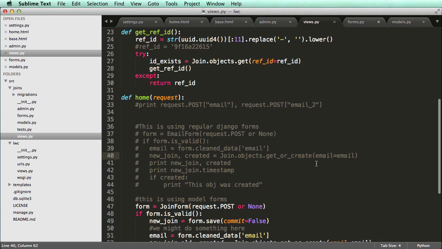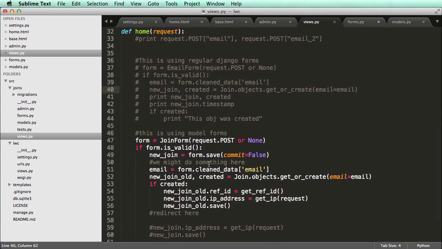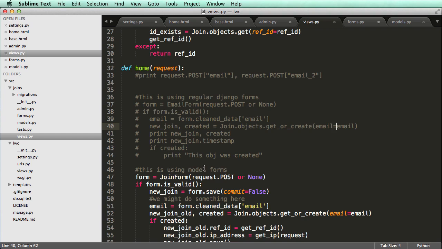Alright, so now we have most of the stuff for the actual joining form already done. All the functionality of it is done on this home page. Now we're going to create our share page. The share page is also, in a way, our status page too, but it's going to be that public page that